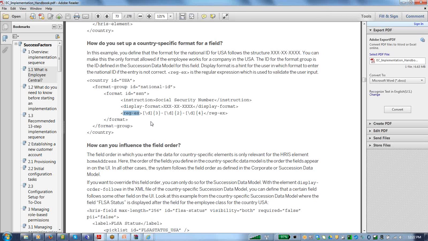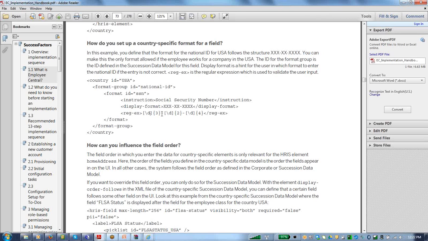Any website that you go into, PHP or any websites, if you're not familiar with it, the validation of a particular field is written in something called regex, regular expression. And you need to learn the basics of regular expression, how to create this. And what it is basically looking for is the first three has to be,